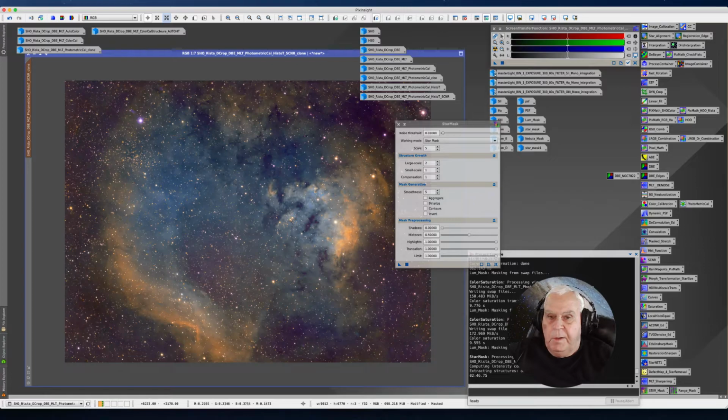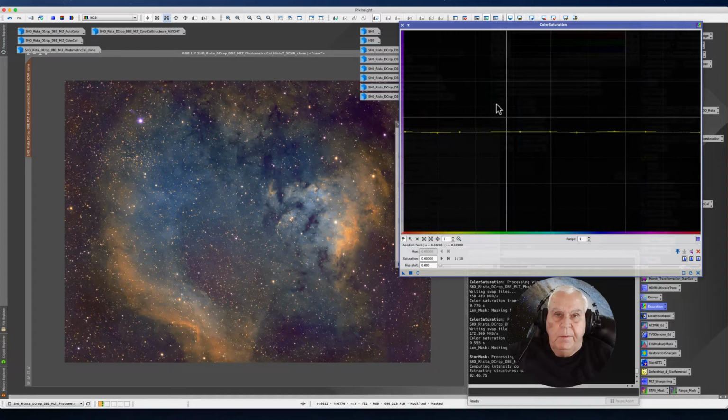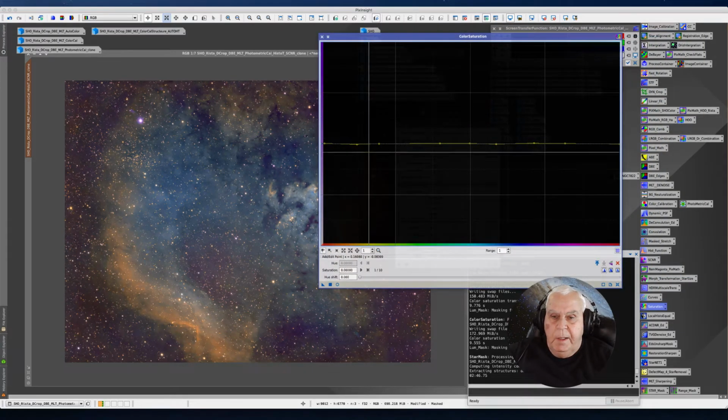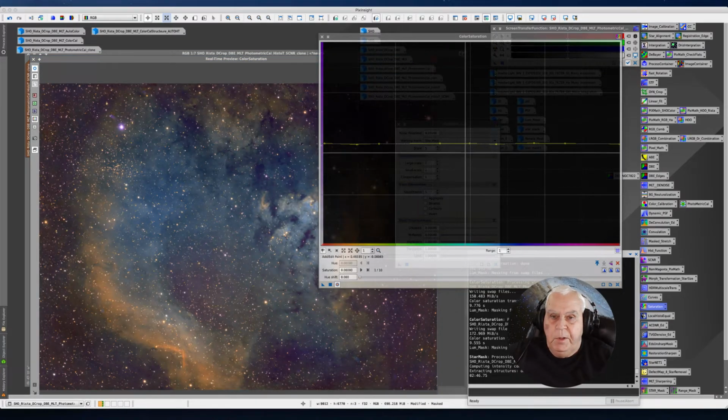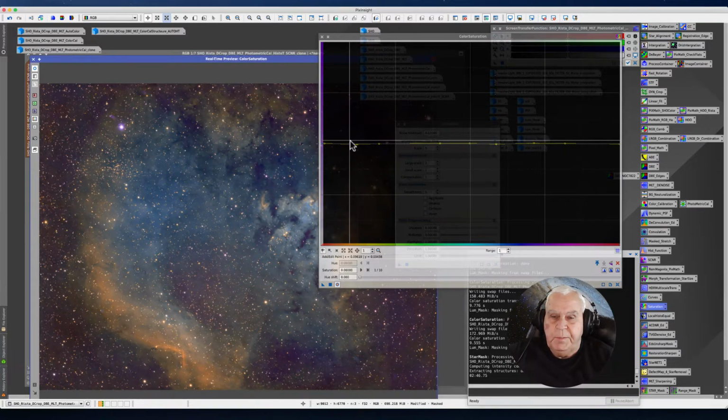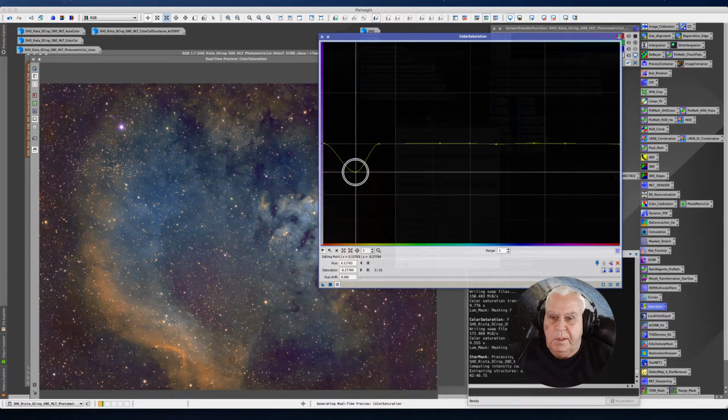So with this star mask, though, I have some haloing going on, and so what I want to do is bring up saturation for my stars and create a preview, and I'm going to drag down. I got some of these oranges, and I want to drag down just a little of the orange color around the stars,